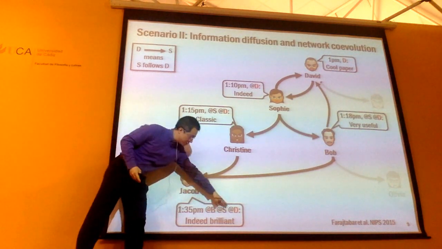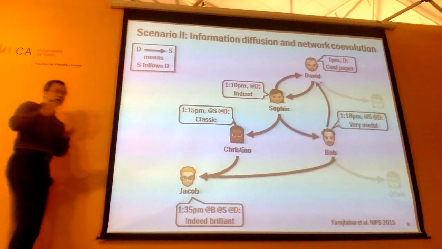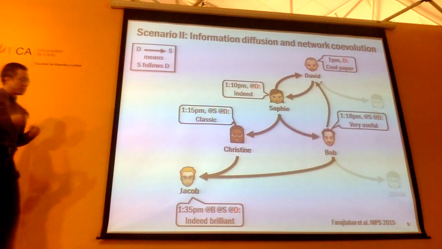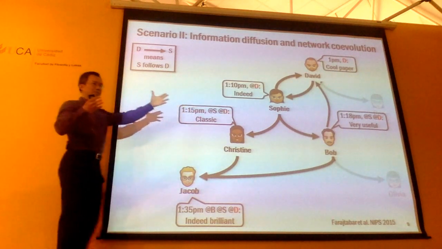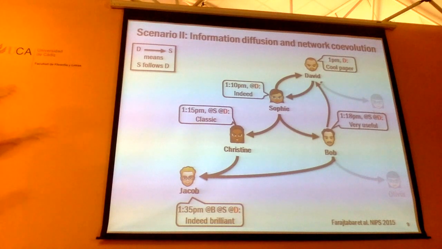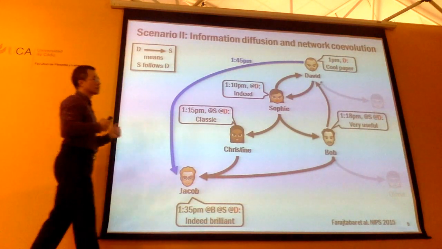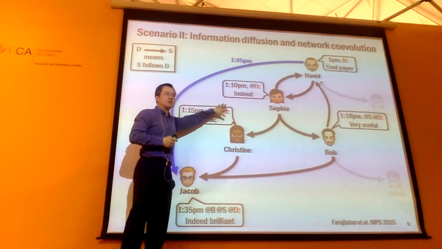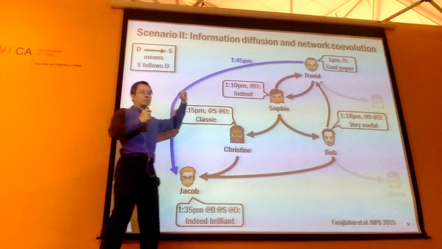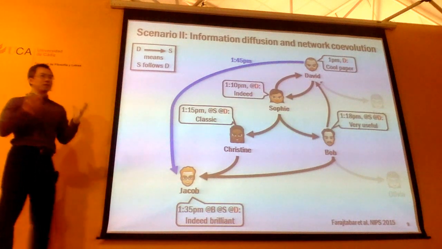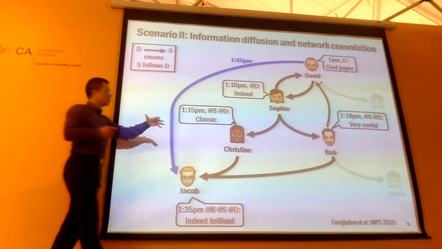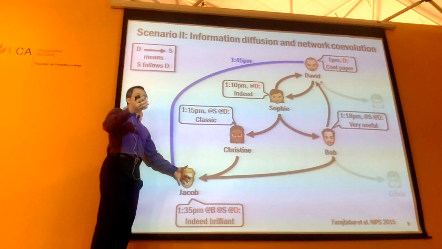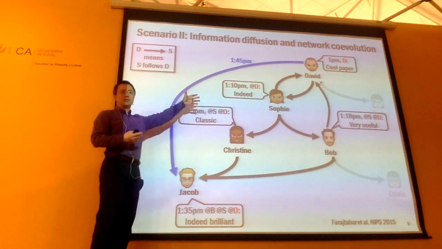And then the source of this original information is always acknowledged in the message. So at some point, Jacob finds the information originated from David is really useful, right? Really useful. What he's going to do is create a direct link to David, instead of following through these intermediate passive messages. So he finds that the message from David is very useful. That's why he created a direct link to David. So the propagation of information helps people discover useful sources of information and helps people connect to the information source.